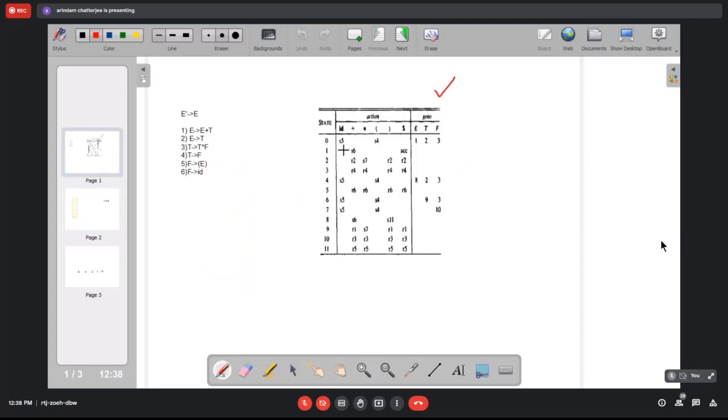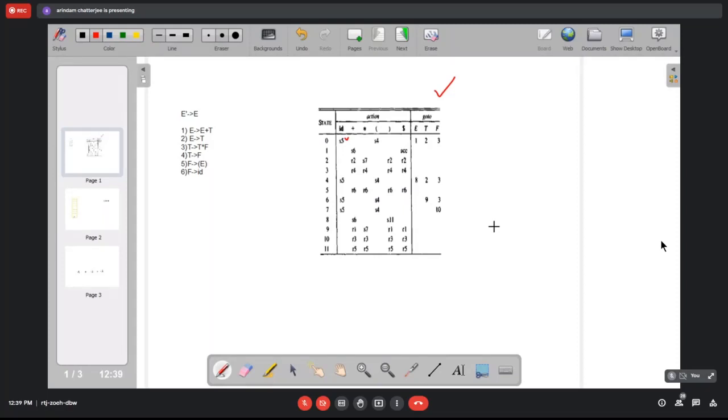As you can see, if you are in state 0 and your input is ID, what is the action? Please tell me, what is the action from the parsing table?